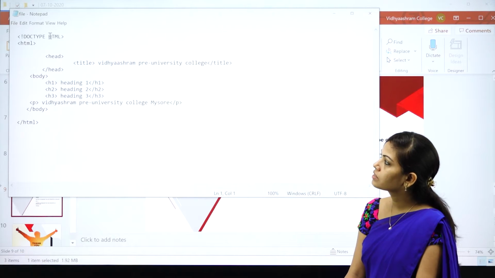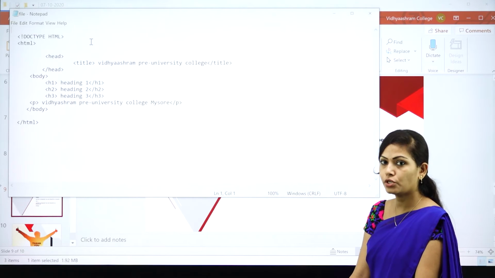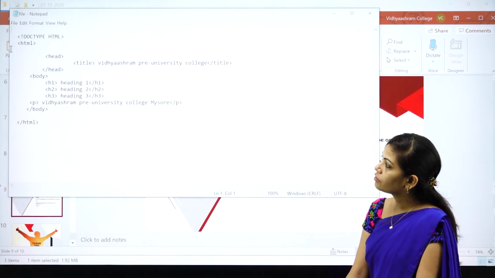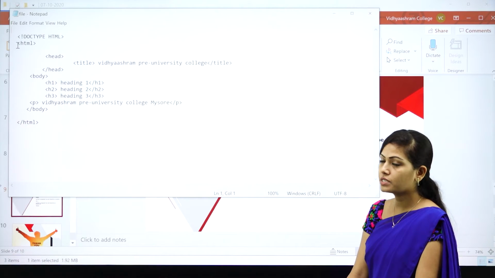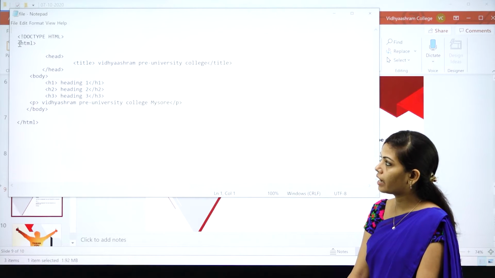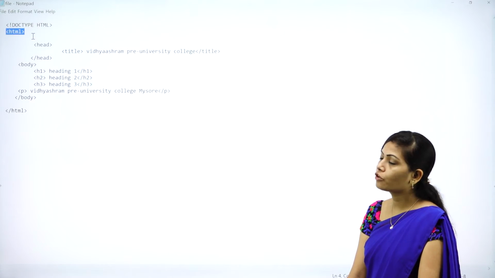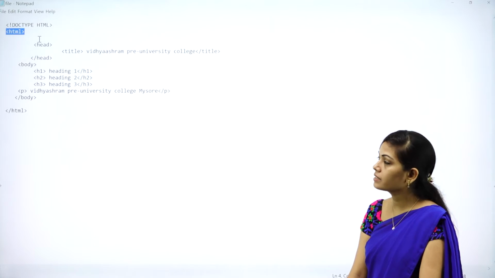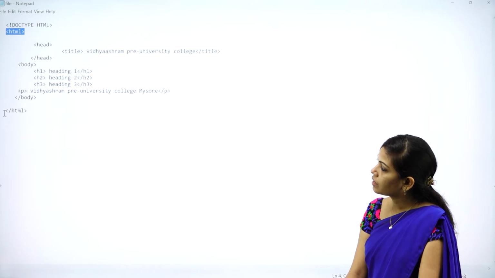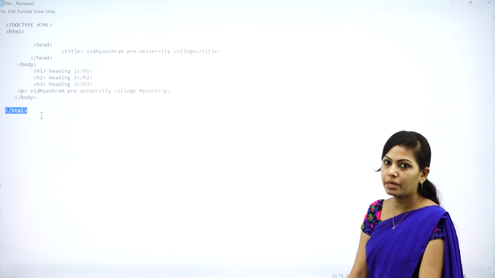First is the document type declaration of the document, and the first tag, you can observe the first tag here, HTML. I have opened the HTML tag. This is the root of this program, the root of these tags, and I have closed the HTML tag.